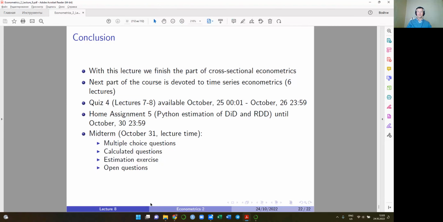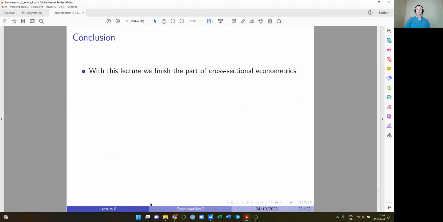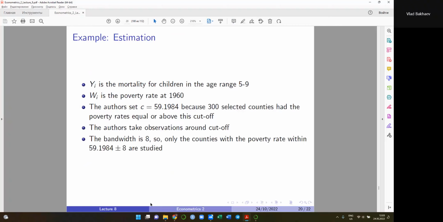Questions? I have a question regarding this threshold. We pick the treatment group as the first 300 counties. And the control group, I didn't catch this threshold. Do we pick the control group out of the border of 300? Like, we pick the first 300 as treatment, and for example, the next 300 as the control. Or do they also include